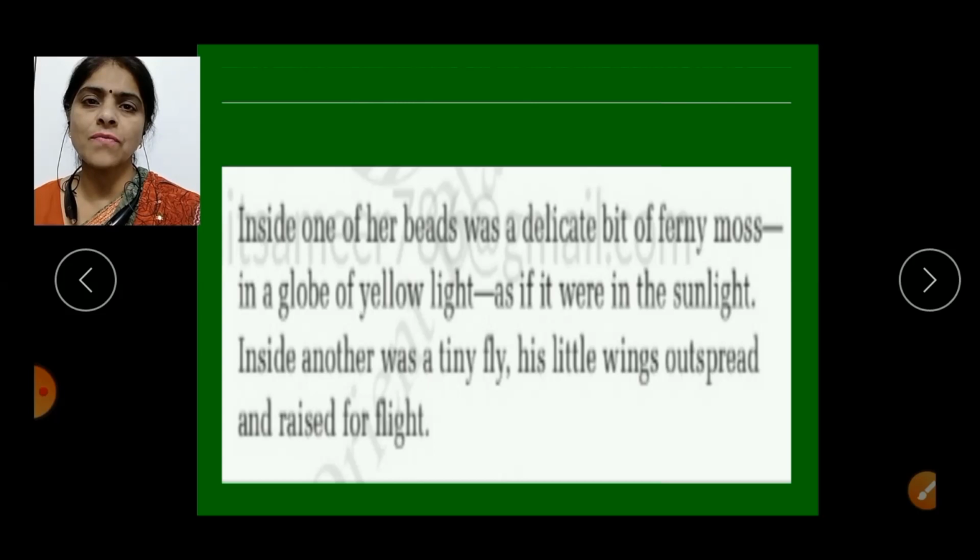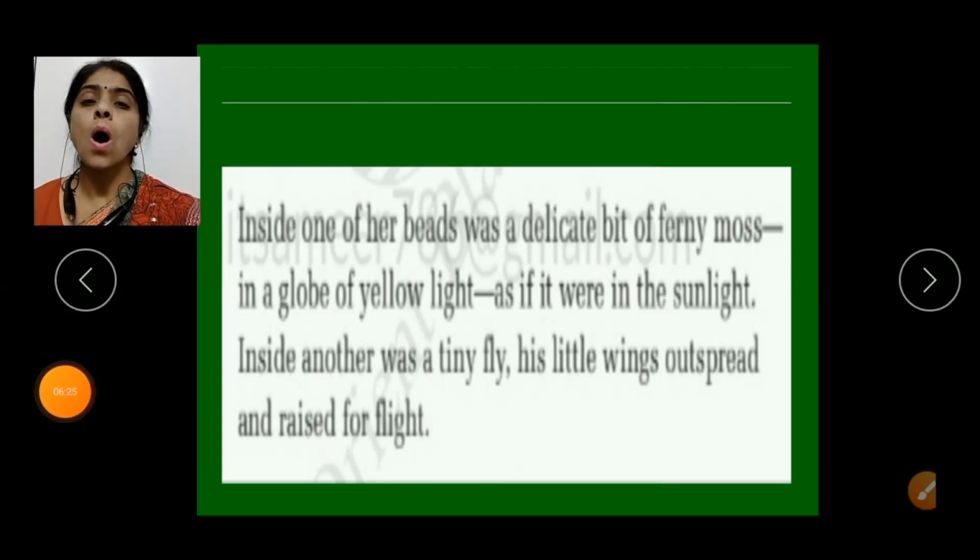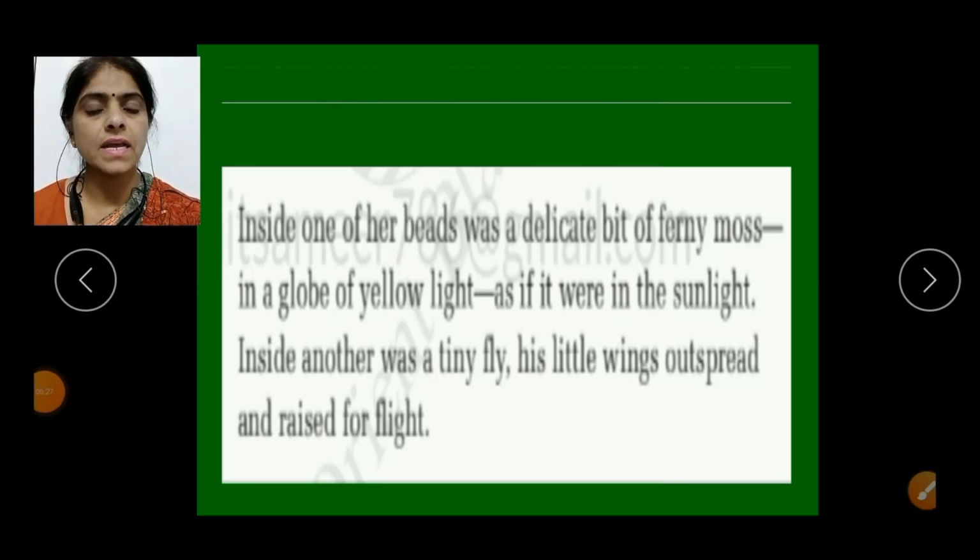So this paragraph is admiring the beauty of amber beads. All the beads of the necklace are different from each other. Even any two beads are not the same. Each and every bead of the necklace was very beautiful and unique.